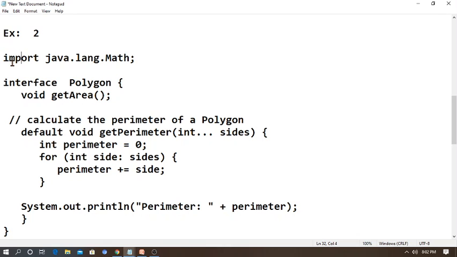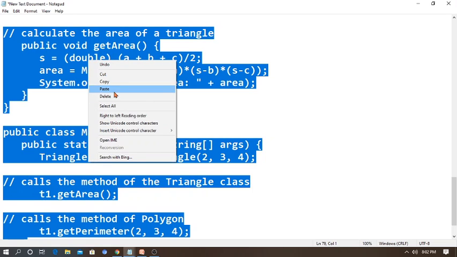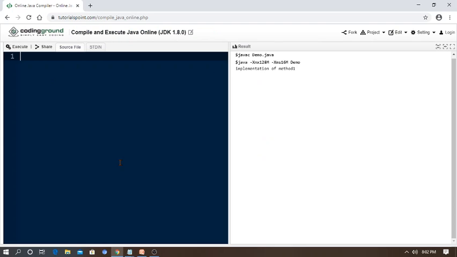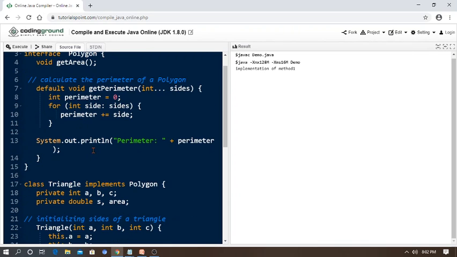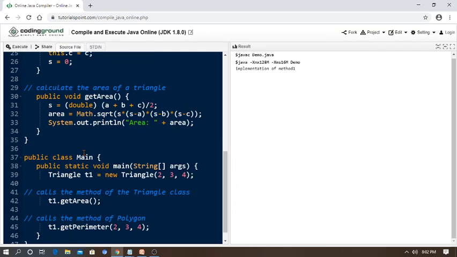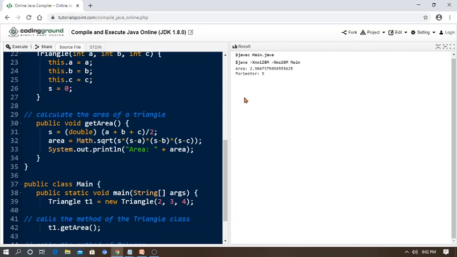Let's go for a real-time example. This is a real-time example, and then execute the program now. Just follow this online compiler here. I am adding the public keyword because of an online compiler problem. Now it has successfully executed. So we are printing the area of a triangle as well as the polygon's perimeter value also. The area is equal to 2.904737 and so on, and the perimeter value is 9.